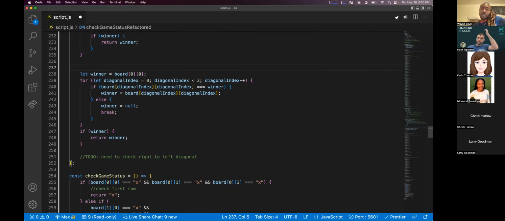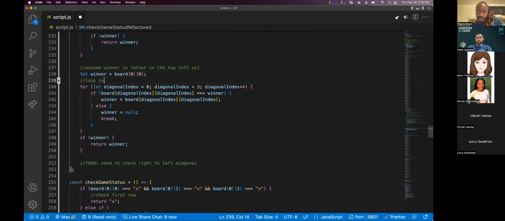Let winner equals board, the first row, the first column. Yep. So assume winner is the letter in the top left. And then the for loop is gonna run to say let diagonal index equals 0.